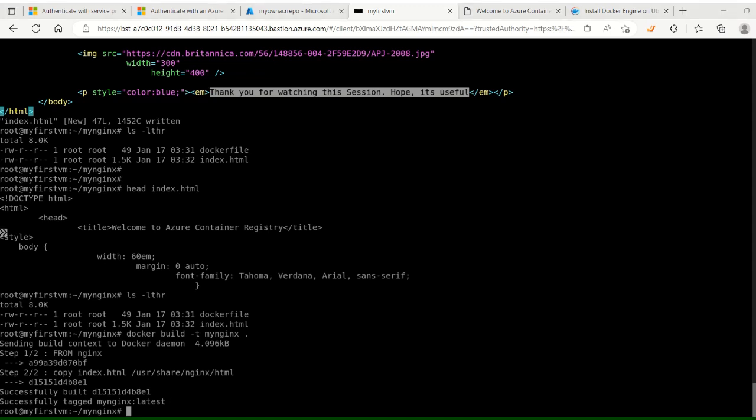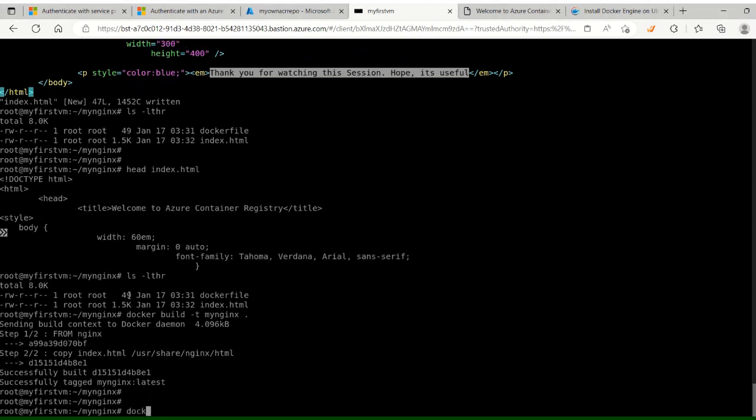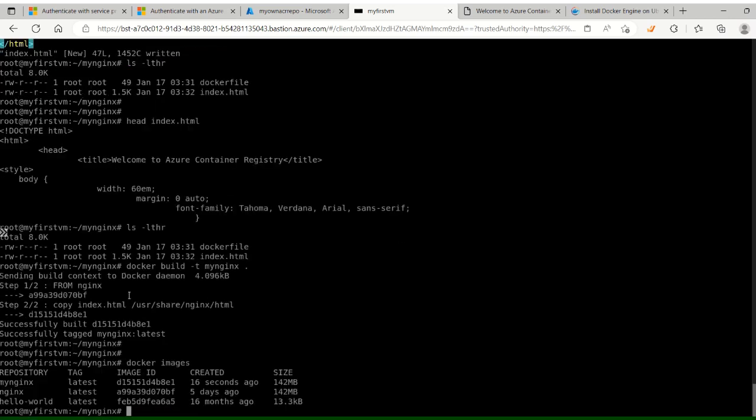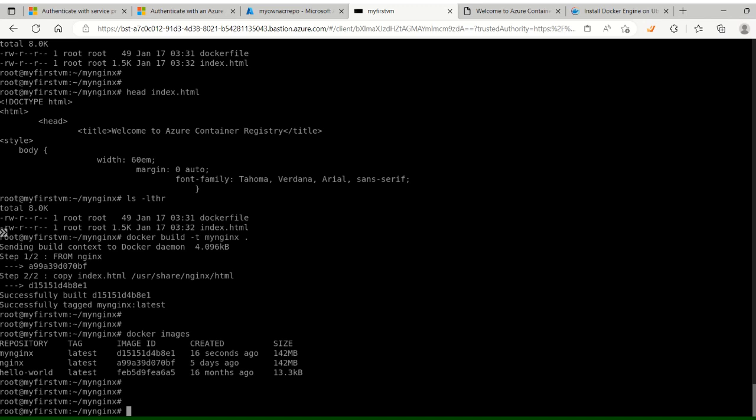Now let's check again Docker images. So here our local image should be there. This is the package which we created. So now what we have to do is create a tag. So how to create a tag? Docker